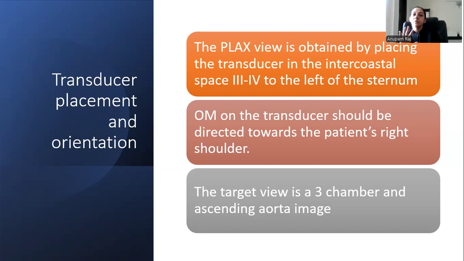Also, it's important to realize that the images you get will depend on the patient. Let's say you have a patient who has COPD, the heart might be oblong, and the actual space where you will be able to get a good parasternal long axis view might have moved downwards. So the orientation marker is going to be on the right side, and the target view is a 3-chamber and